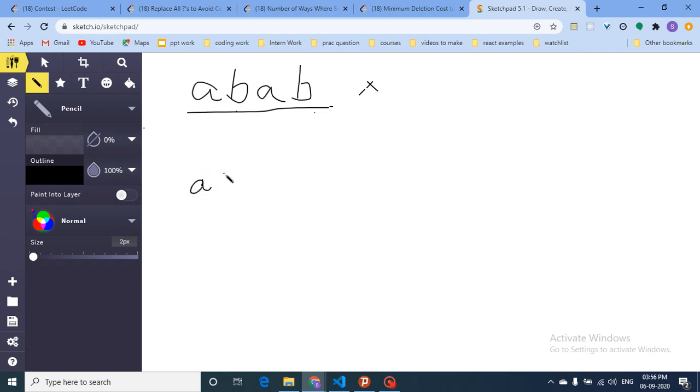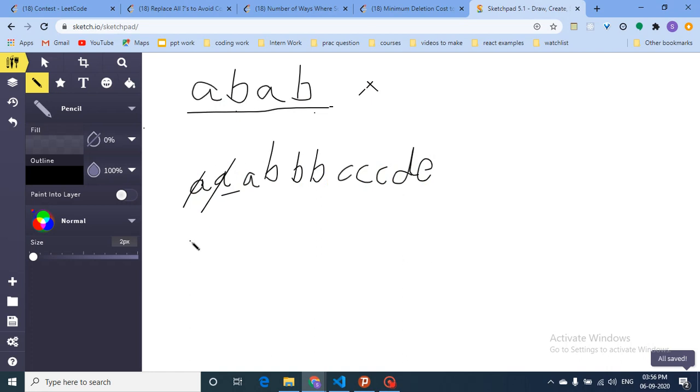But let's assume I have A, A, B, B, C, C, D, E. Now if I remove this character, there are still two consecutive A's, so I have to remove one A such that only one A remains. In these B's, I have to remove one B. And in these C's I have to remove one C so that one C remains, and D and E are okay.